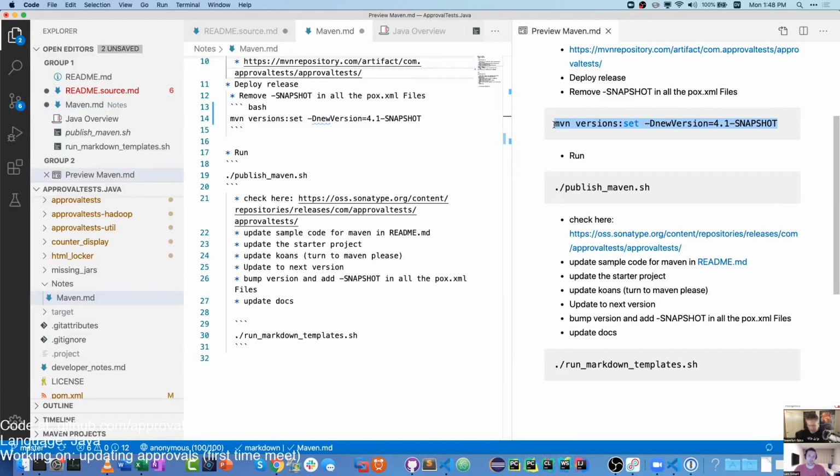Put the start snapshot on this one again. And version 4.1, commit, push. Okay.